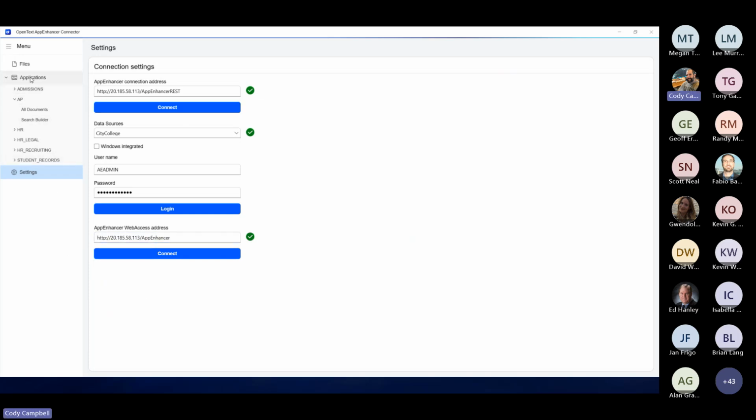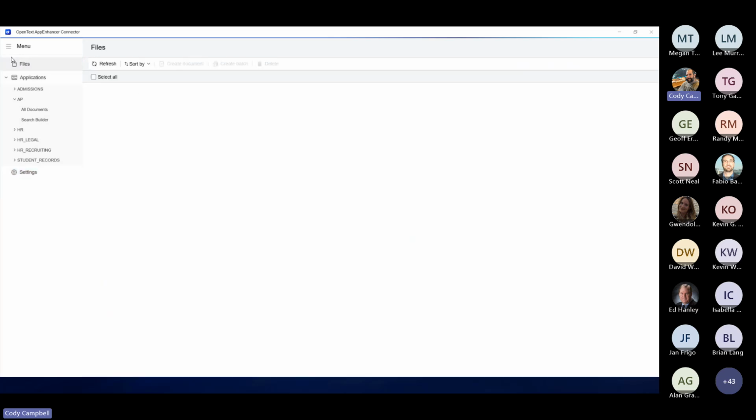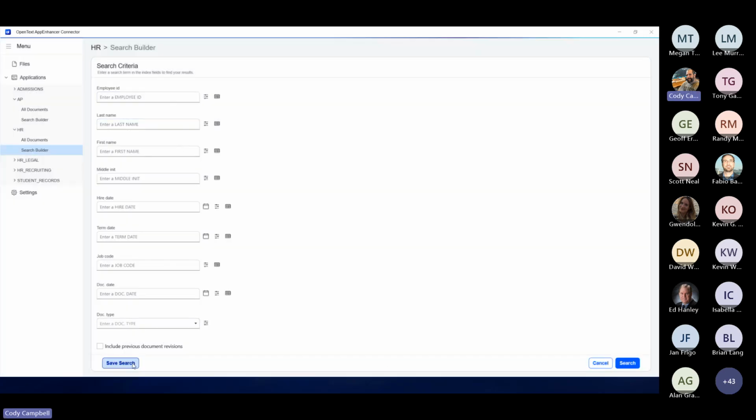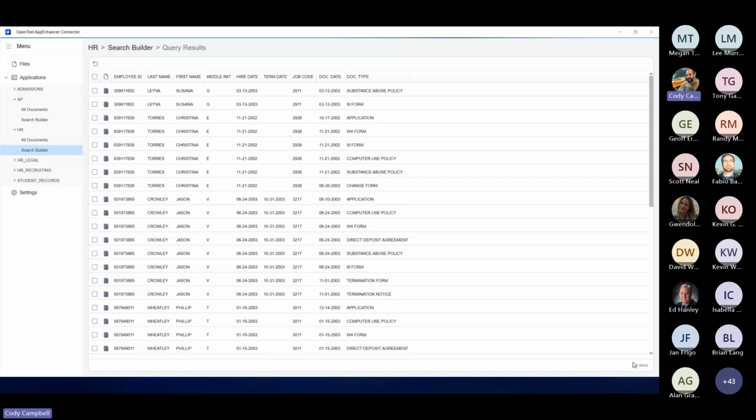We still have the basic imports for files and for printed PDFs to get data in as an indexing tool. But really the big goal here was to have a search and retrieval capability, which is one of the big things people use App Extender Desktop for, is just to get to documents quickly. And this is a pretty quick interface. If you go back and look at that HR search, it does dynamically pull the field set down. So, again, it's pulling it out of the REST service. So if you update and add a new field, it'll almost instantly make its way down into this level because we're pulling it all when we run those queries.